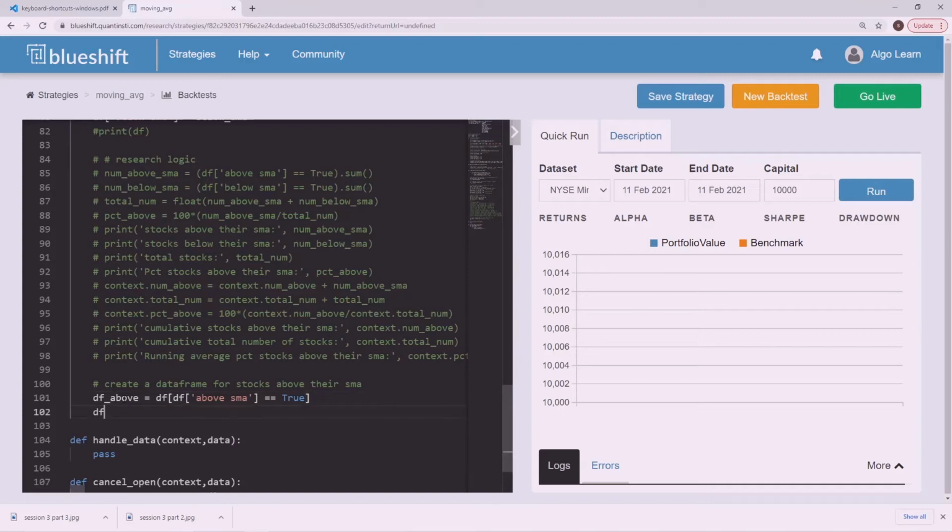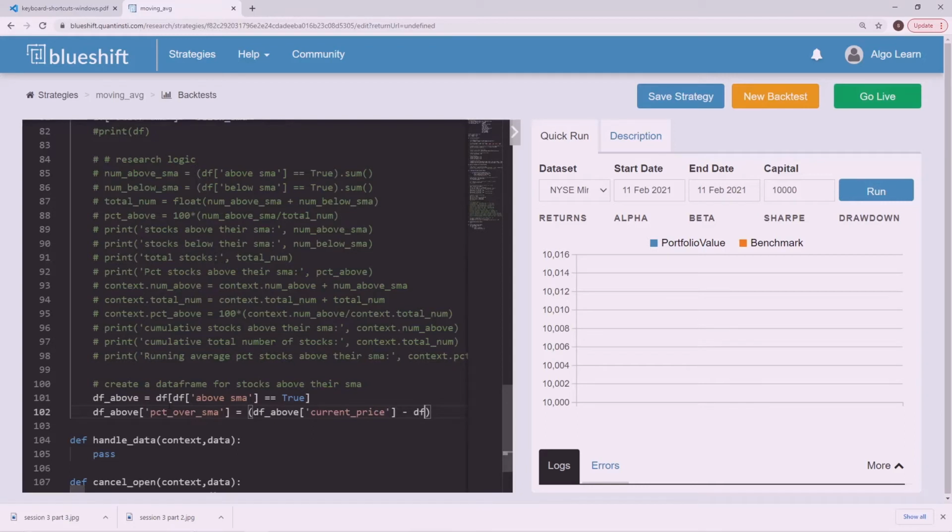And then let's create a new column. This column is going to be our percent over the SMA. And so how do we do that? We're going to call on the current price. I think that's how I named it. Yep, current price